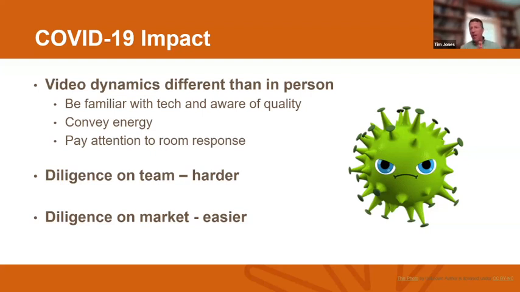But getting back to the slide here, when I think about the changes in the market, I believe that if we're not meeting in person, then the diligence on the team is a little bit harder. However, getting experts on the phone, et cetera, is a little bit easier. So there's an upside and a downside here. When you think about pitching in person versus over video, be thinking about what the dynamics are. Do you have the proper font? Are there deck colors in there? Can you read this? Things like that. So just be very thoughtful on how you put this together.